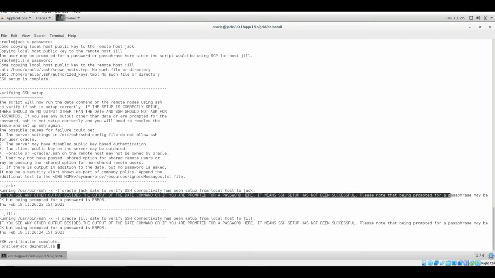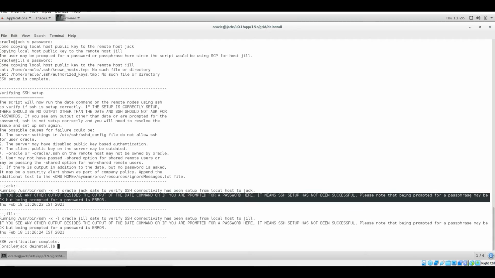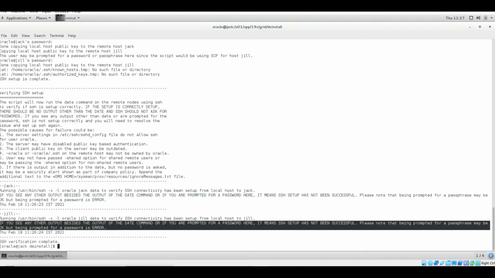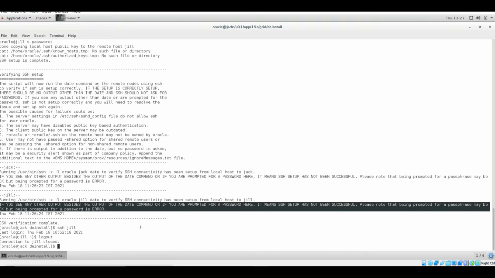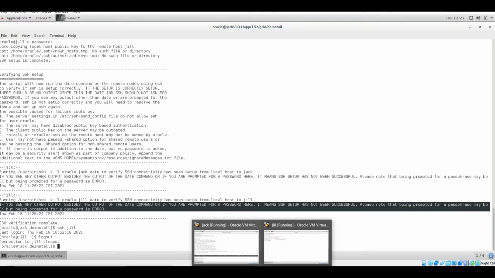Please note that being prompted for a passphrase may be okay, but being prompted for a password is an error. And this is the same for my node 2 also. So now if I want to SSH to my Jill, you can see I can go in directly to node 2 without giving the password.